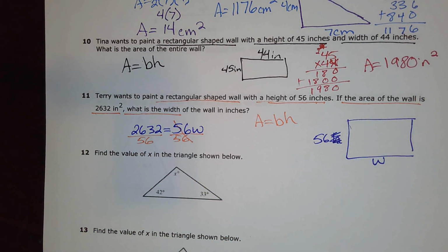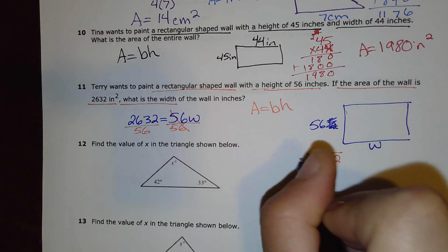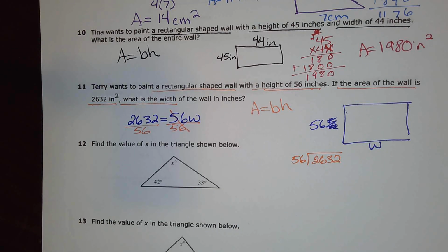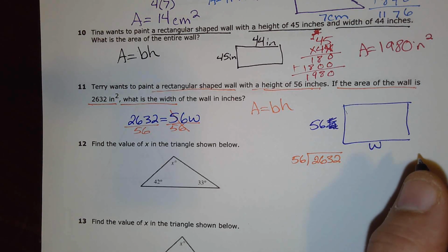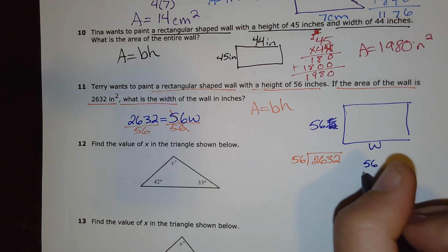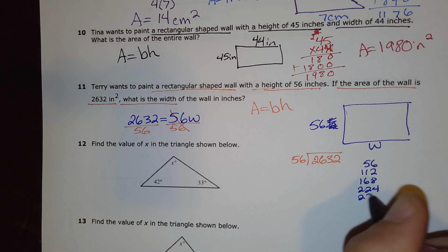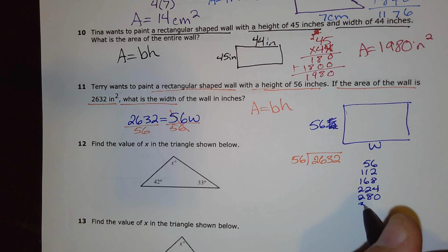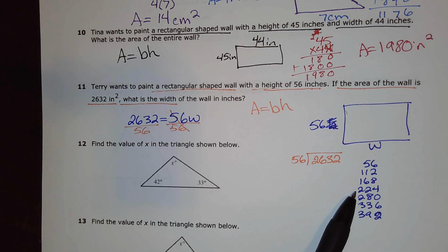All right, let's keep going. We'll do it down here since we have some space. We have 2,632 divided by 56. If I make a list and skip count by 56, this is what I should get. 56, 112, 168, 224, 280, 336, and then we'll stop at 392. Sorry about that. So 56 fits inside of 263 4 times. Okay. That's going to give me